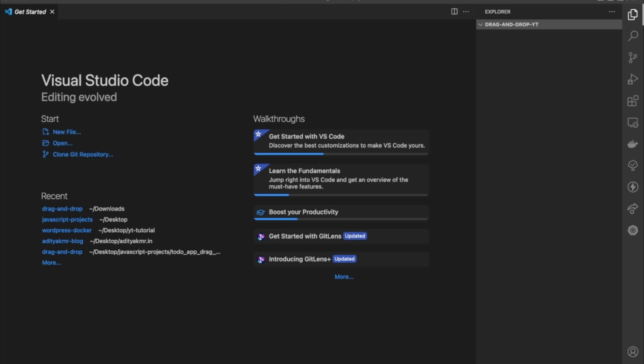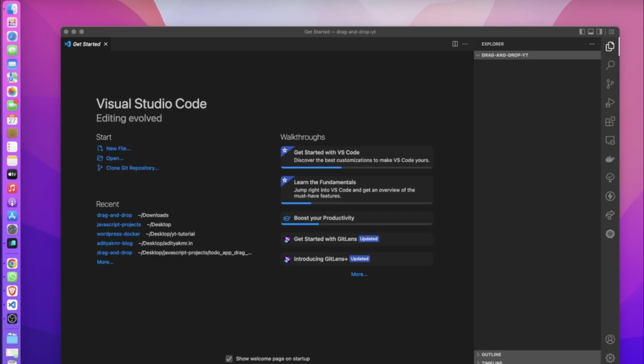So in this video, we are going to learn how to create drag and drop functionality in JavaScript. And in the process, we are going to build a to-do application where we create a to-do, and then we add the functionality to drop the to-do item from one column to another column. So this will look something similar to this,